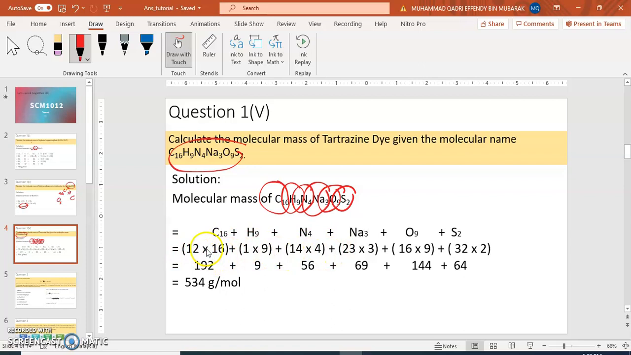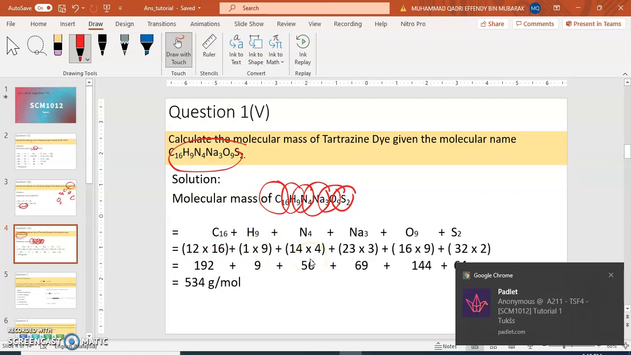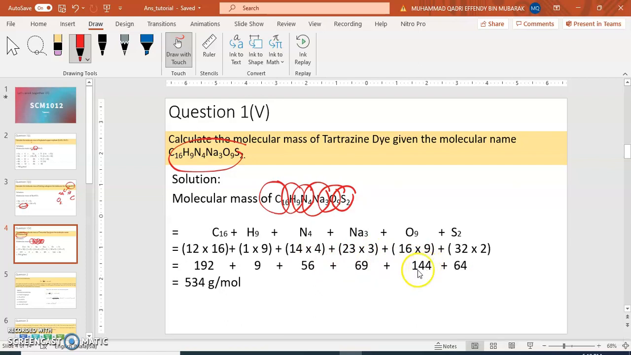So 12 times 16 we have 192, 1 times 9 we have 9, 14 times 4 we have 56, 23 times 3 we have 69, 16 times 9 we have 144, and 32 times 2 we have 64. So we add all together, so we get 534 grams per mole. So this is the way we answer this kind of question,